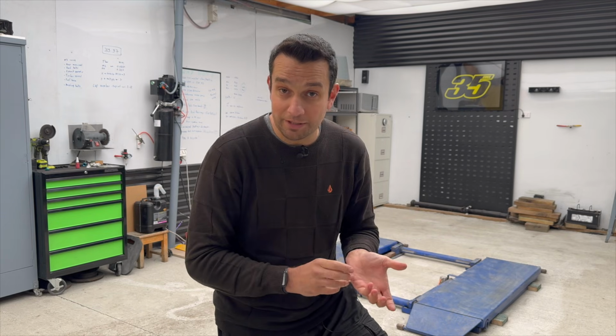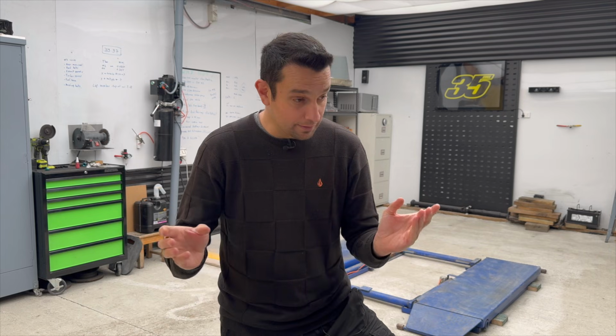Fuel injectors. The fuel injectors have been reused. They were not in a very good condition. Even some of the seals, the decoupling elements for the fuel injectors, have been reused. So I'm not gonna lie to you, I was nervous about getting this engine to start, and that's the reason why I wanted to do it here, to ensure that it was going to be done 100% the way that